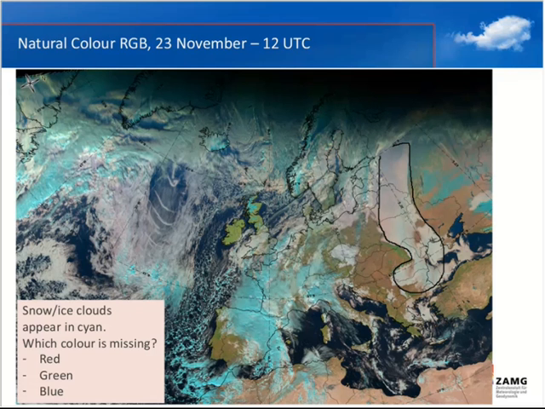So that can be another help if you want to distinguish between ice clouds and snow on the ground, because this can't be an ice cloud, as there is this river flowing through it. I don't know, is it the Volga? Something like that. So that also helps in this